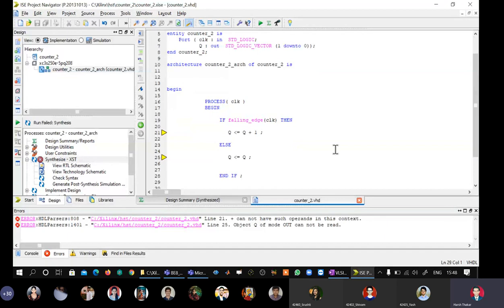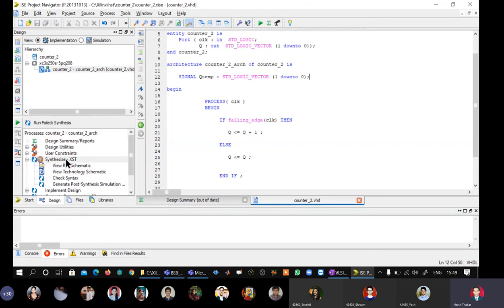This is nothing but another way of telling that to the right side of the assignment operator, I cannot have an output signal. So what we will do is define a dummy signal Q temp, and I can copy paste this from there. Control C, Control V, semicolon. So there is a dummy signal Q temp which is going to ultimately drive Q. Q is a 2-bit signal, 1 down to 0, so Q temp also has to be the same thing. Control S, resynthesize.